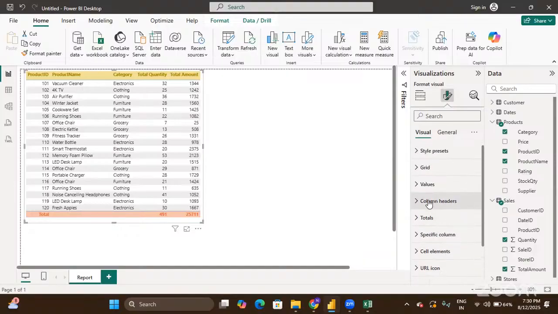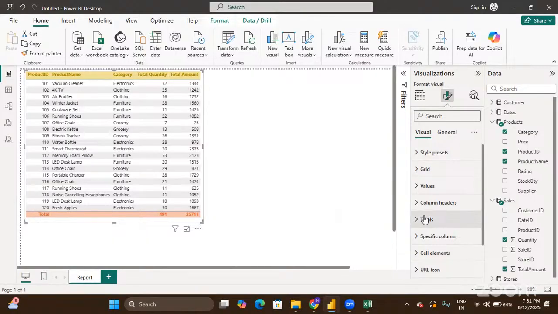So far, what did we do? We have tried to change the style of the table chart, followed by the grid lines: vertical grid lines, horizontal grid lines, and the border grid lines, where we have tried to change the colors. Then followed by the values, for which we have the formatting options, then column headers, for which we have the formatting options, and next to it we have totals. For the total section also, we have the formatting option. Right? Next to totals,